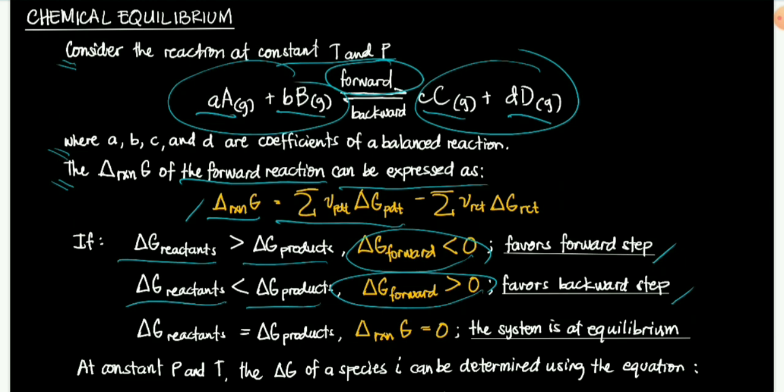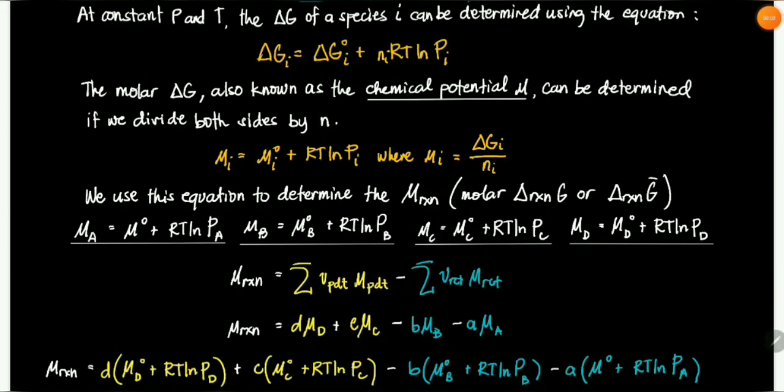Okay, thermodynamically. So if the delta G of the reactants is equal to the delta G of the products, the delta G of the reaction is 0. So ibig sabihin, the system is already at equilibrium given their amounts. Okay? So at constant temperature and pressure, the delta G of species I, or yung A or B or C